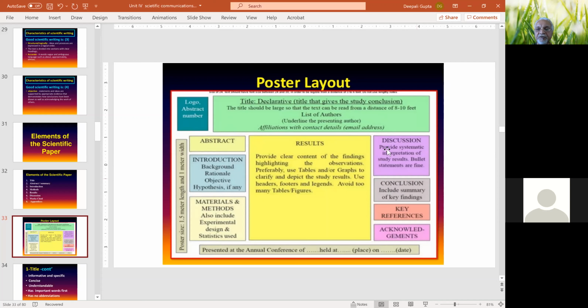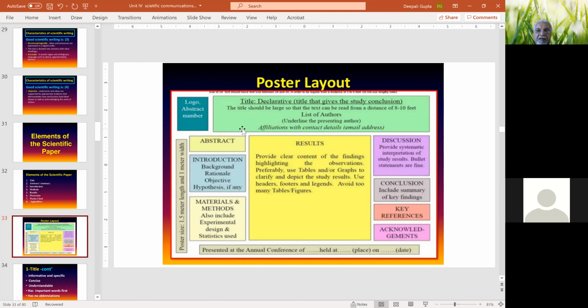And on this side, you have discussion, conclusion, and key references and acknowledgements, if any. And in the center, it should be your results. And then down below you can mention which conference, means the name of the conference in short, abbreviated form, and then the time, date and place held. So this is a typical layout of a poster.